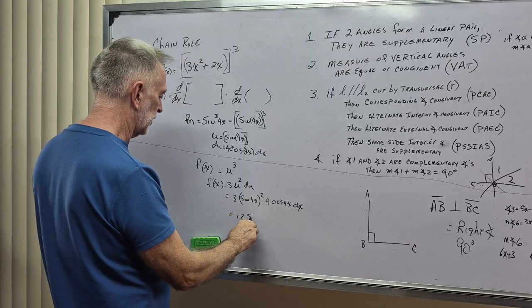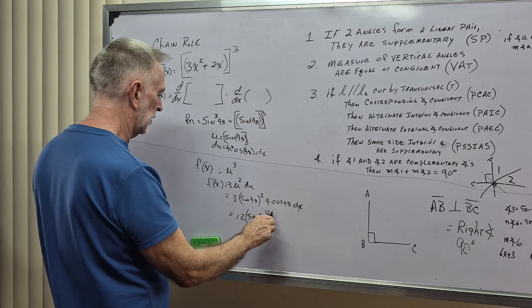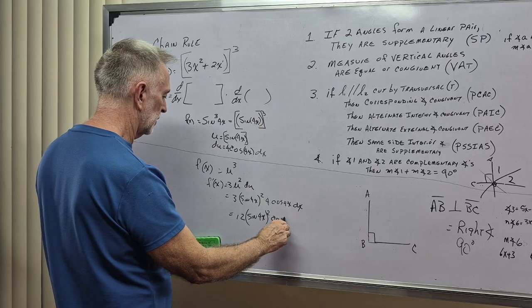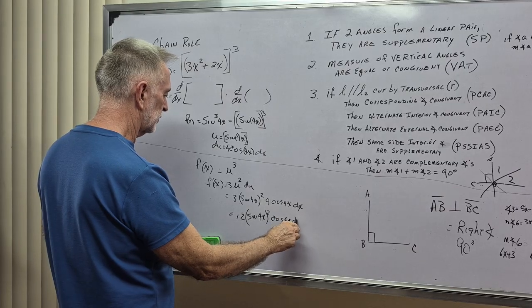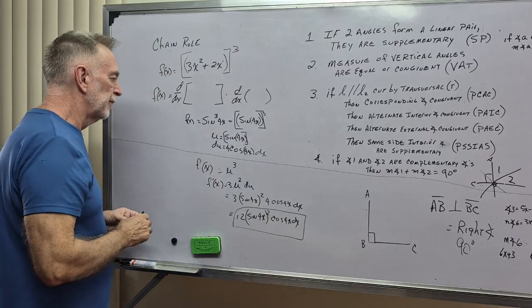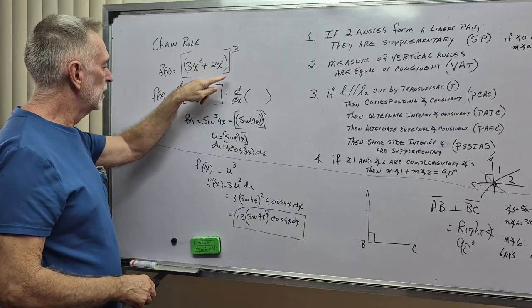I have 12 sine 4x squared cosine 4x dx. And that's how you use the chain rule, and we use the general power rule as well within that,